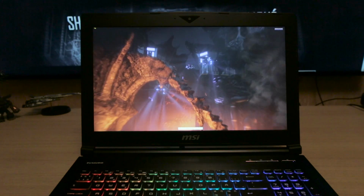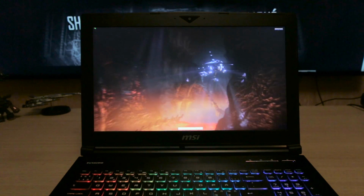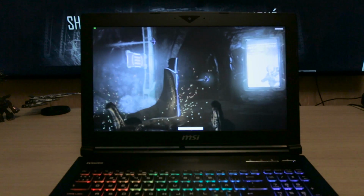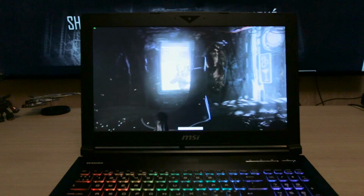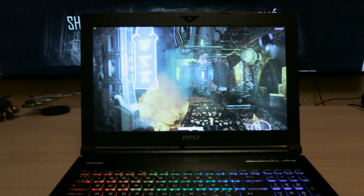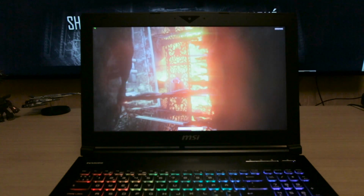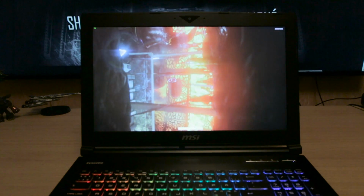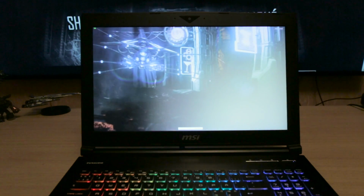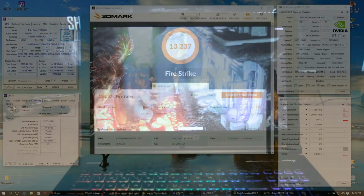And I have to say, because this monitor has a 4K screen, for some reason it doesn't have the 1920 x 1080 resolution option. It has the 1920 x 1200 resolution option. So all the benchmarks in games were run at 1920 x 1200 and also then the 4K resolution. But let's start off with 3D Mark Firestrike here, and I ran it at the default resolution, but I think